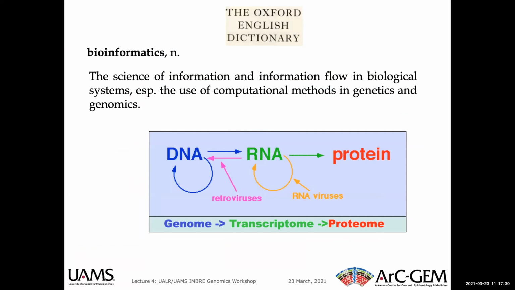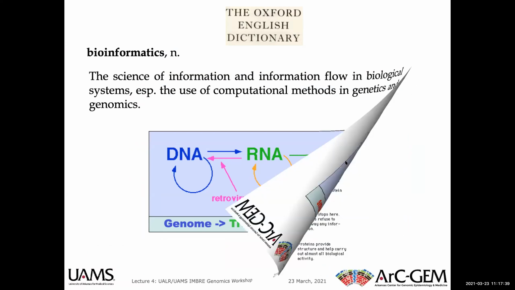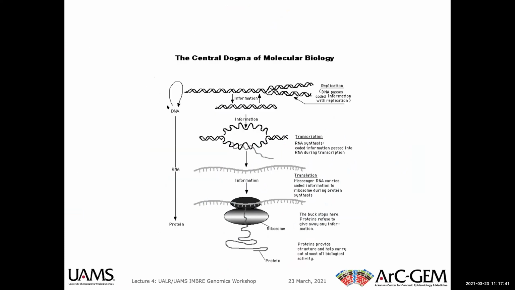So if you remember, we defined bioinformatics as looking at information flow in biological systems. DNA makes RNA makes protein. So here, the DNA sequence makes RNA, the transcripts, which makes a protein. Now, in biology,